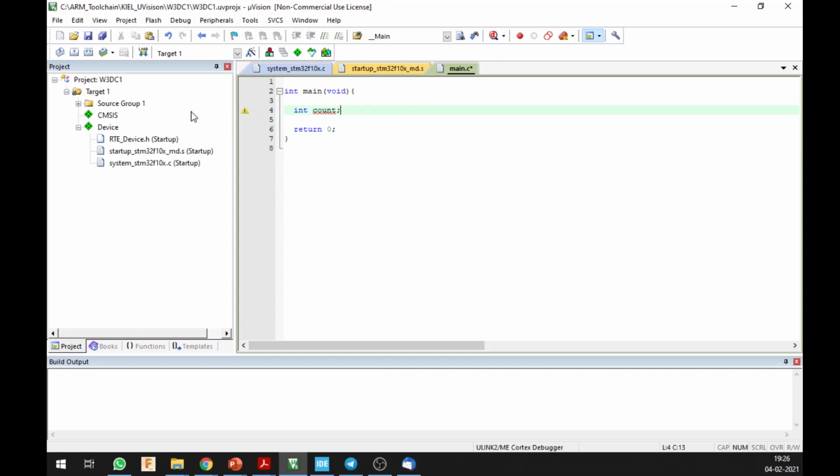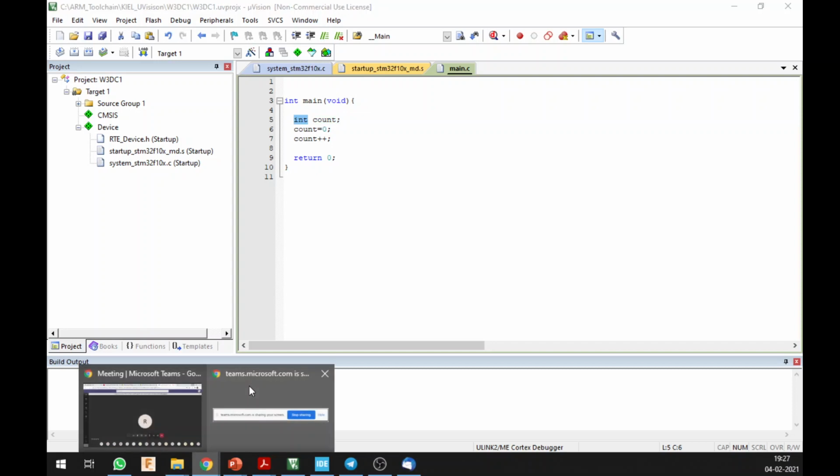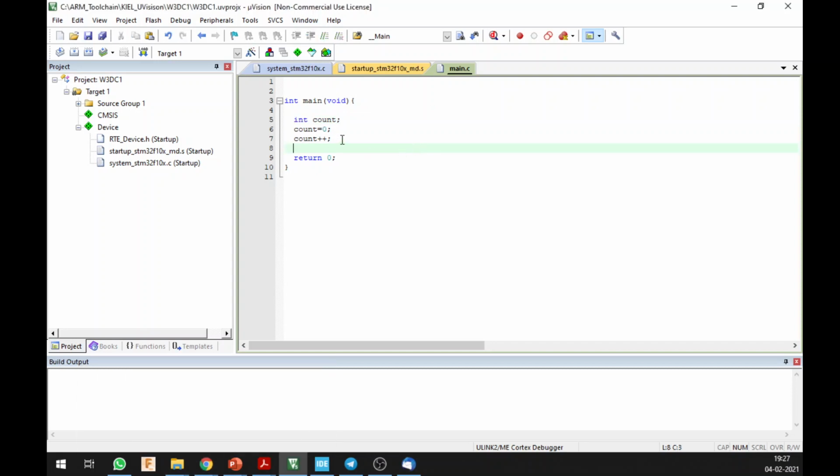So just in order to avoid that, I can do one thing: I'm going to call it an int8, and I'll just use it to count. I'll initialize it by count equals 0, and then I'll increase the count. So what it does is it is just going to change the value of count from 0 to 1. Okay, good enough for us. And if you want to see what the size of int is, you can always go into the Keil website, and I think I have shared the link to the variable sizes, so you can get it.